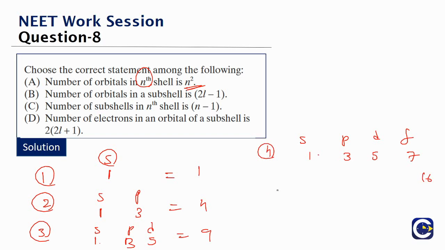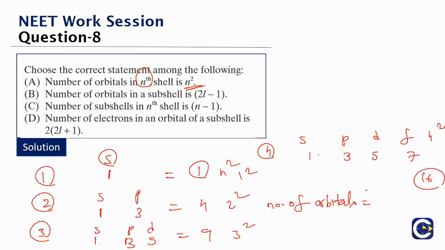So what we see is that the number of orbitals in an orbit with a principal quantum number n, which we call the nth shell, is what? What is the empirical formula? We'll see. Here it is what? 1 square. Here it is what? 2 square. Here it is what? 3 square. Here 16 means 4 square. So what is it? It will be n square. And that is the reason why the capacity of electrons, right? Because each orbital will be having how many electrons?